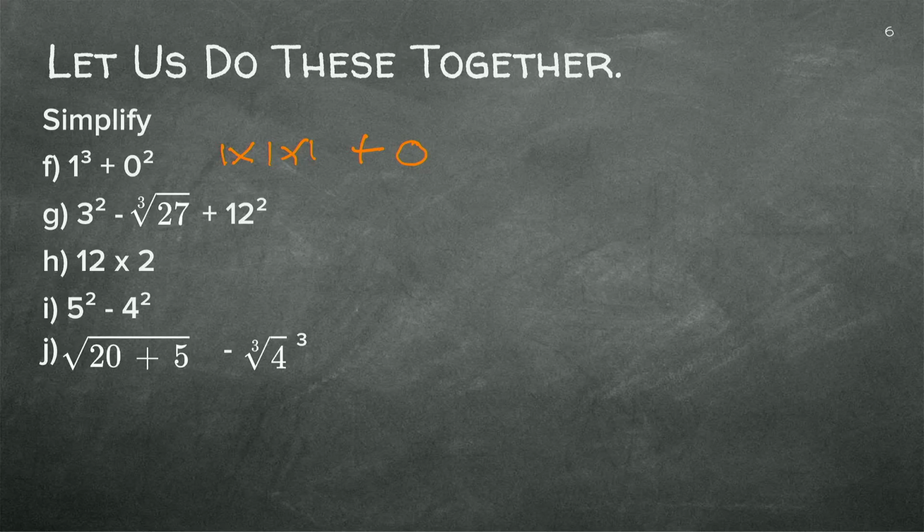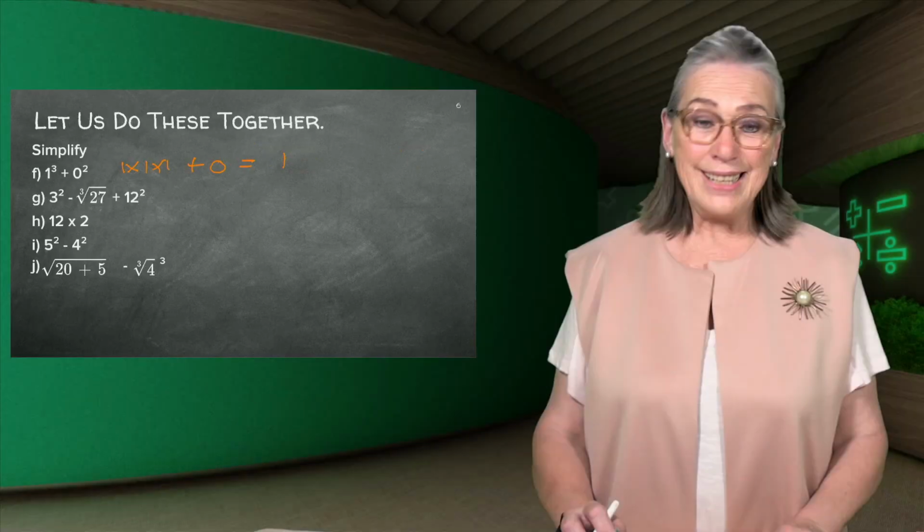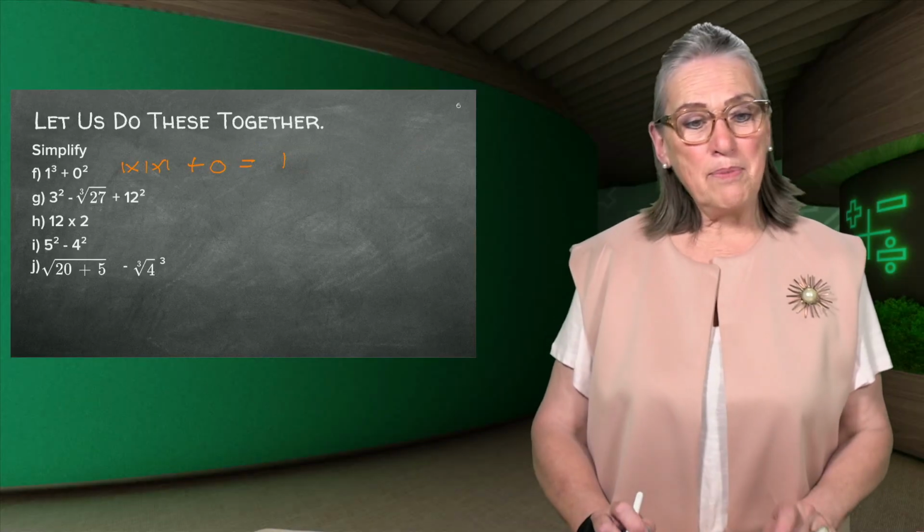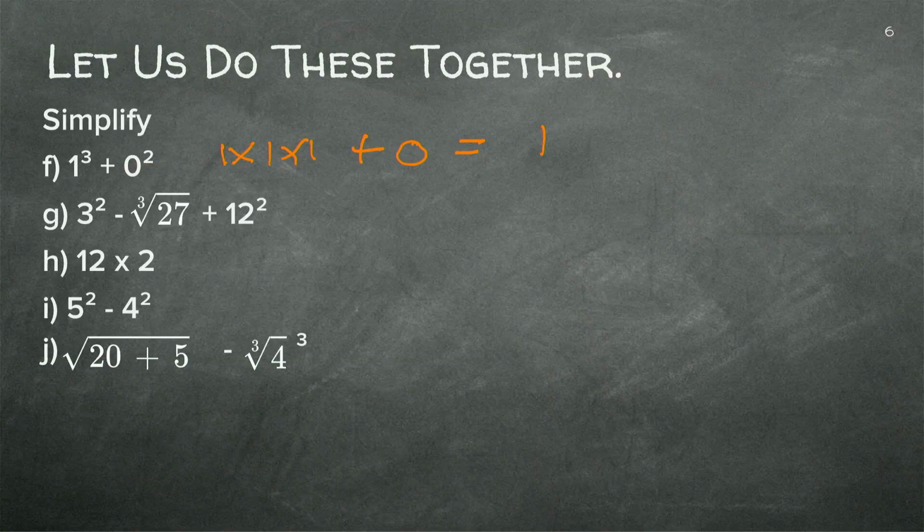Okay? So what is our answer? 1 times 1 is 1 times 1 is 1. So our answer is 1. This is a nice one. 3 to the power of 2 will give us 9 minus the cube root of 27. And what is that? Who can remember? 3 times 3 is 9, times 3 is 27. Who got that right? I hope you know this by now. Remember, I said try and remember the first few.